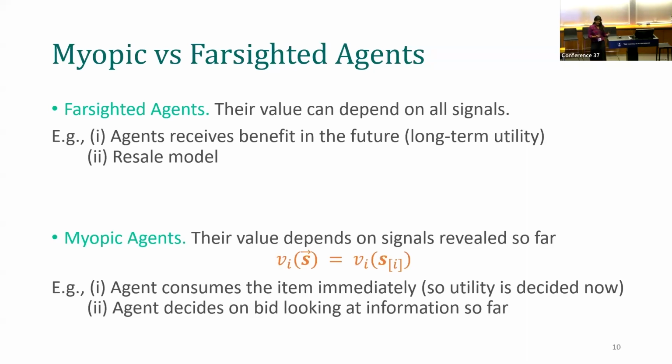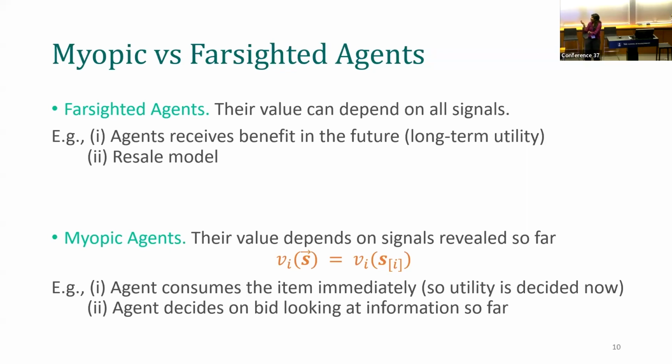So obviously we are thinking about the future benefit. But there are many settings where it makes sense to think about agents who are myopic. So we have an auction that's online. They come, and either they leave the auction and go away, or they get the item and the auction stops. So their value for the item basically only depends on the signal that they've seen right now. This is what we call myopic agents, where the valuation function of each agent i is only dependent on the signals S1 through Si. They only see the past signals S1 through Si, and their valuation only depends on this.